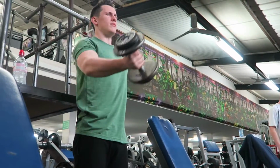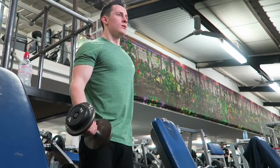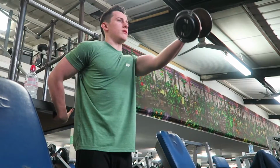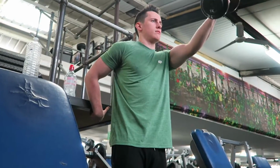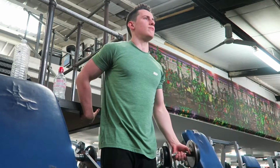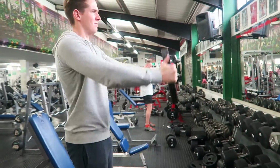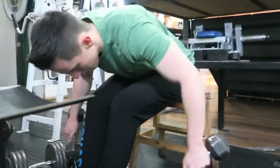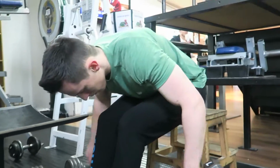Then went on to a superset to finish, so did front raises with a pronated grip on the dumbbell. Luke did start off doing these because it was actually his idea to start with this exercise, but he then went on to plate raises with kind of a neutral grip. So this is just another variation of doing it. Only difference with the grip is that the more pronated your hands are, the more of the front deltoid is going to be involved. And you'll actually notice that when I'm doing mine, I kind of bring the dumbbell towards me as well, so kind of inward each time I do each rep, and that's for an even greater squeeze of the front delt. So yeah, supersetted that with some bent over rear delt flyers,